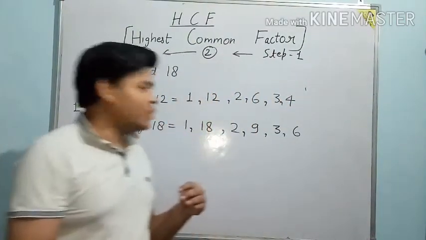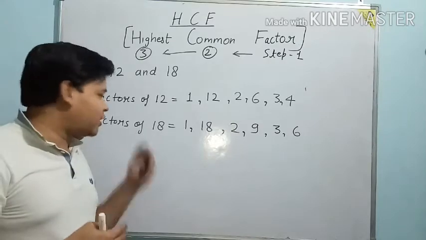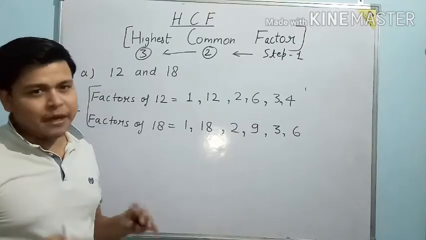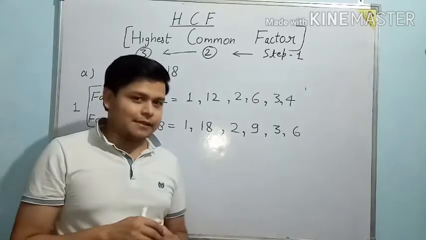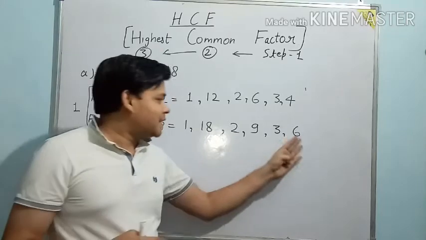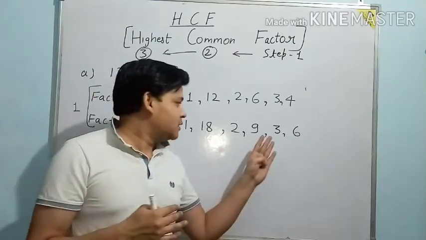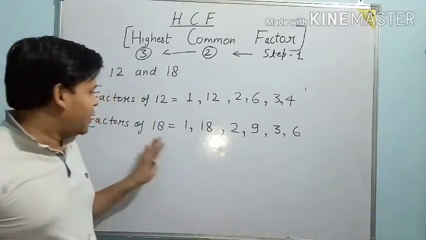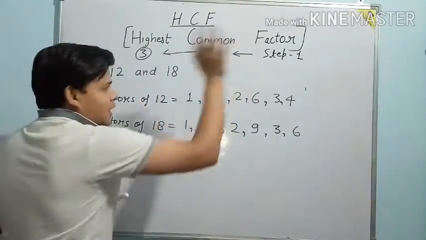Then the next number, 5. Similarly 5 is also not a factor of 18. In the table of 5 also, 18 does not come. So we will skip that number also. Next one is 6. But 6 is already done here, as you all can see. So we will not move further than 6. Okay, so all the factors of 18 are also done. That means step number 1 is completed.